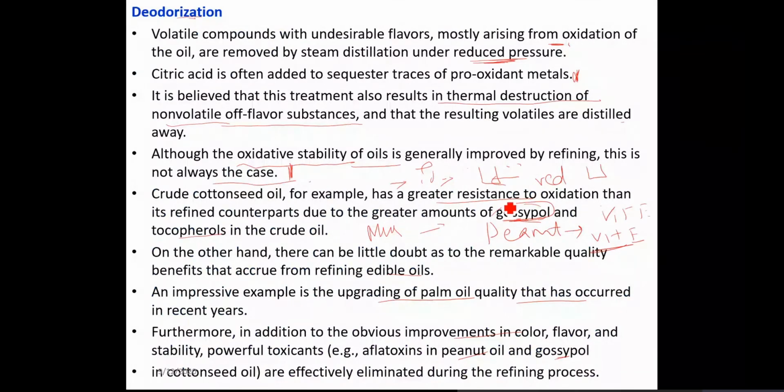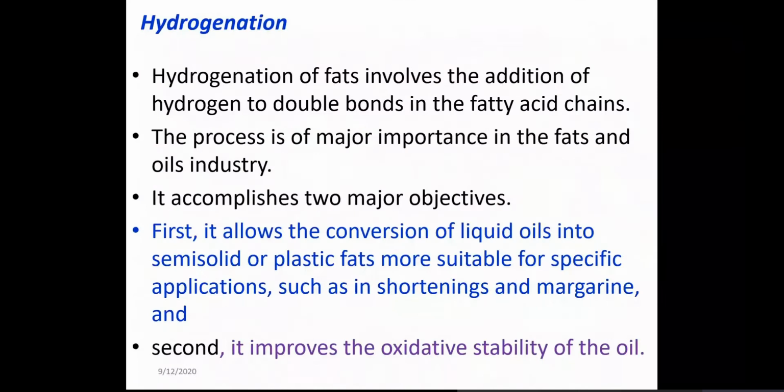So this is a very simple process. I will also try to share one video on this oil processing, and you also try to see if you can find one. Before we move to hydrogenation, if you have any question on refining, please do ask. Very simple process. For your exam, only these 4 or 5 steps will be there, and that's all. If you do not have any question, let's move ahead with the hydrogenation of fats.